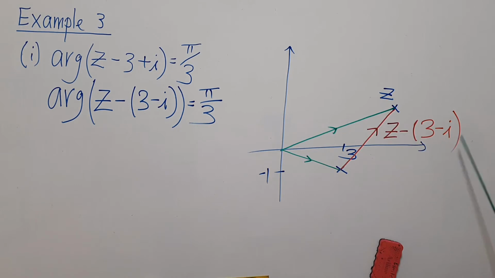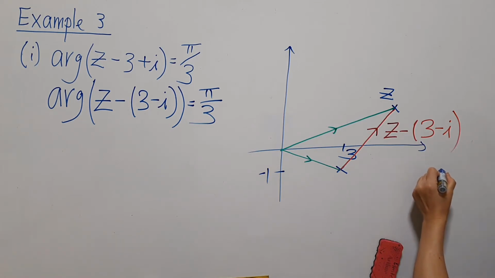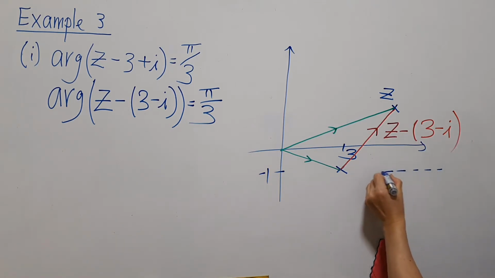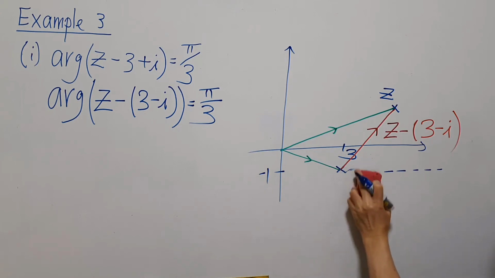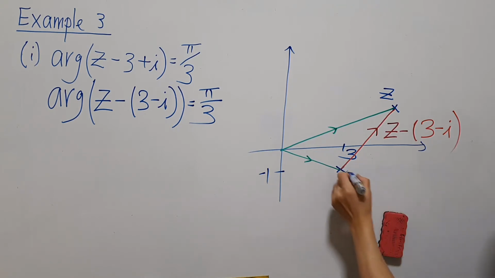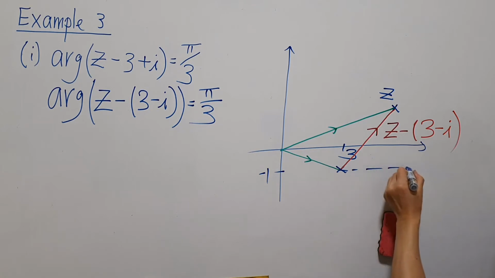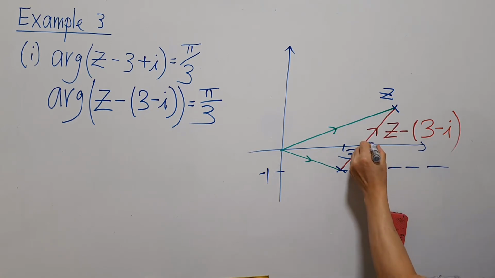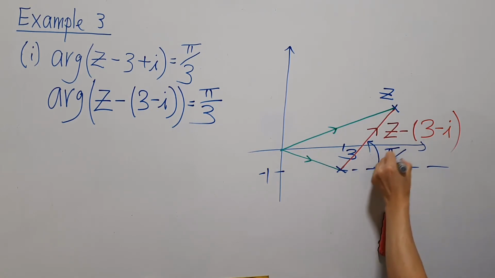this red vector looking thing is actually the complex number z minus 3 minus i. So what this question wants is for such a complex number to have an argument of pi over 3, which means you want this complex number z minus 3 minus i to have an argument of pi over 3. So what it means is, you want this angle